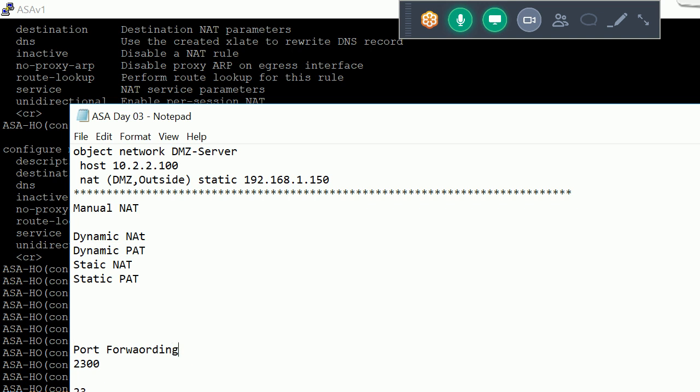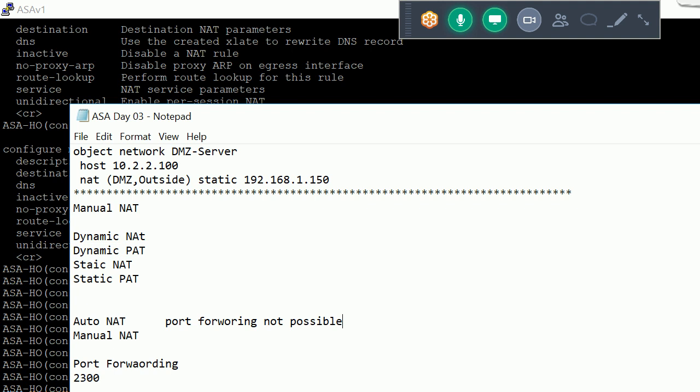Okay, so that is the next task, and this is the main difference between auto NAT and manual NAT. Port forwarding is not possible with auto NAT.